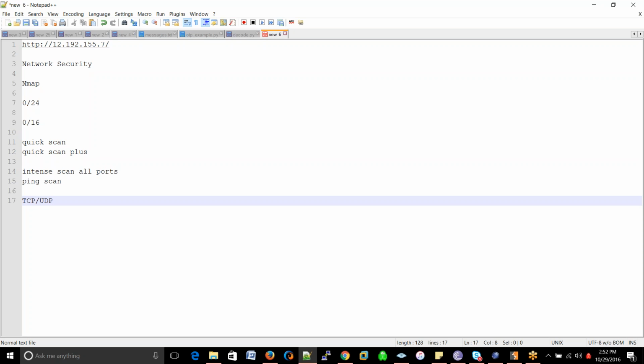And UDP is basically connectionless. Connectionless does not mean that it is Wi-Fi or GPRS or something. It's basically that the acknowledgement is not sent back to the source, because if there is a packet loss, then that's lost. That's it. You need to resend from your side for that particular loss, because the server or the source sending the data will never come to know whether the data has reached successfully or not. Sometimes there is congestion in the network, and because of that, collisions happen and